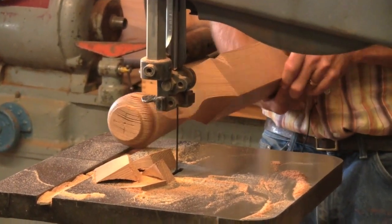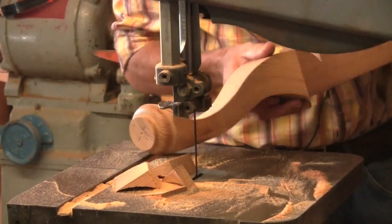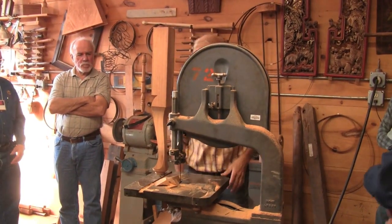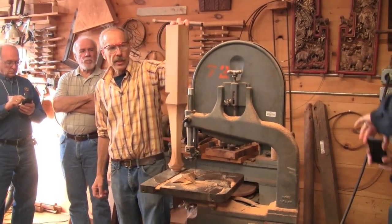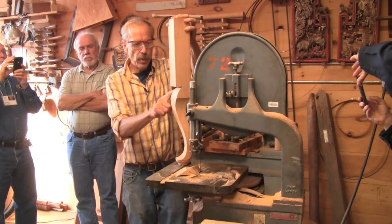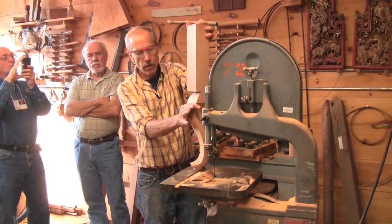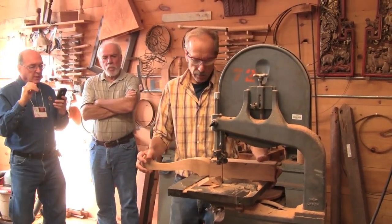Now, if I was really familiar with this pattern, I'd go in now and I'd bandsaw out and shape a lot of this. But since I'm not, I'm going to leave it alone for now. So you can leave this square and do your mortising after you shape your leg. Although you can't shape up to here, a lot of this shaping up to here you don't do until you have this in the case and you put your knee blocks on anyway. So you can pretty much ignore it from here up. So if you want to just leave this square and use it,